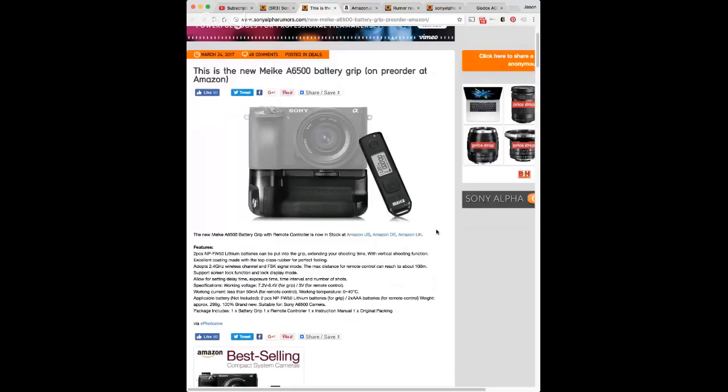You know, everything about it worked just fine. The only caveat was that it wasn't a solid connection. I don't know. Have you ever had the battery grip from the A72 line, or no? No. So yeah, and since you brought it up, that's one of my main concerns with third-party